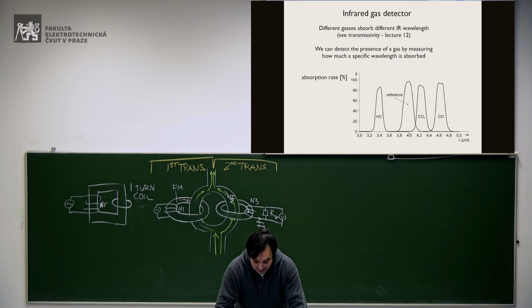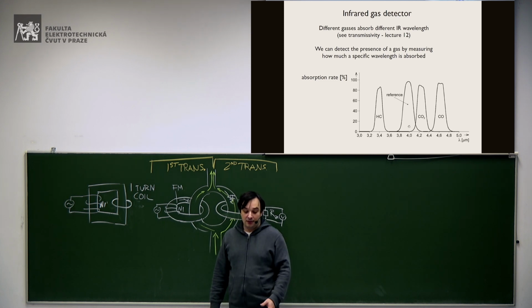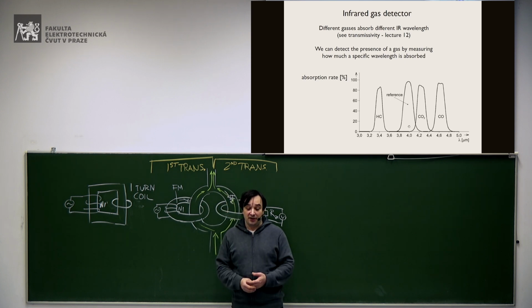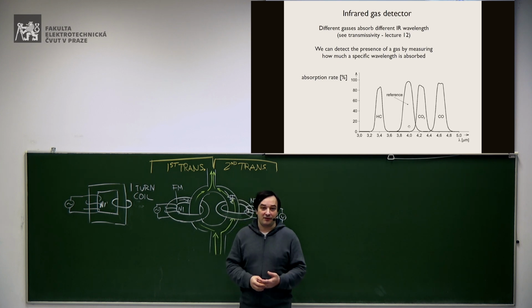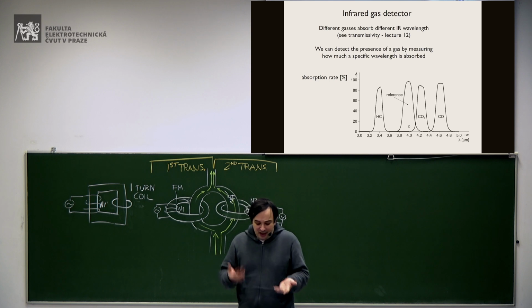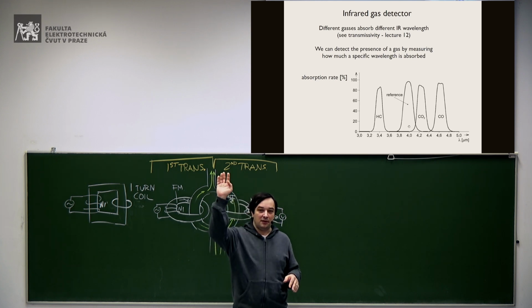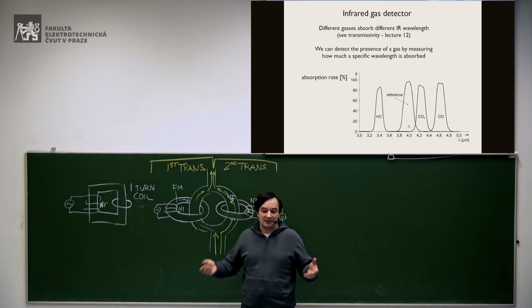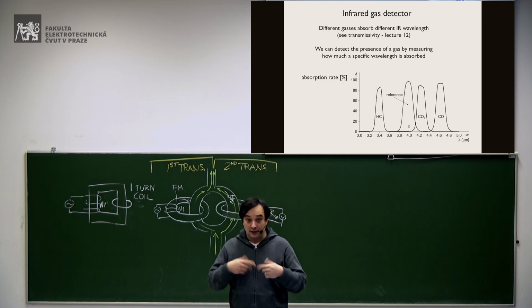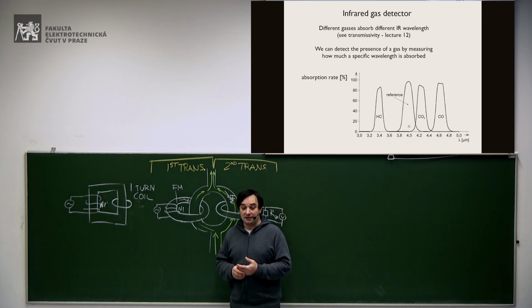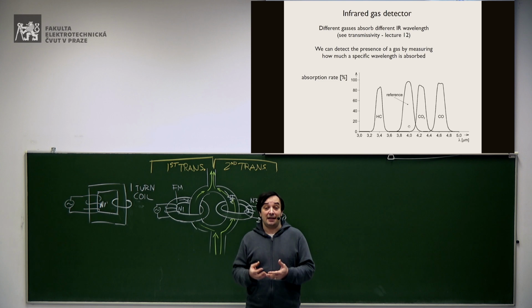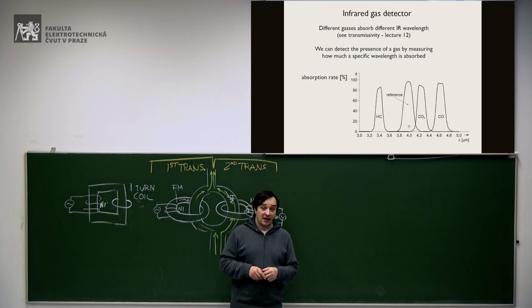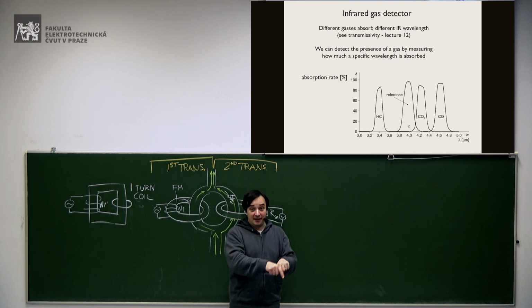So, the beam at 4 micrometers will pass through the gas without being absorbed, because it doesn't react with any of these gases that we have inside the chamber, okay? So the one at 4 micrometers doesn't care, it goes through, reflected, goes back, and bob's your uncle. It doesn't care about anything inside the chamber. But the radiation at 4.6 micrometers will be absorbed by the carbon monoxide, if the carbon monoxide is there, okay?